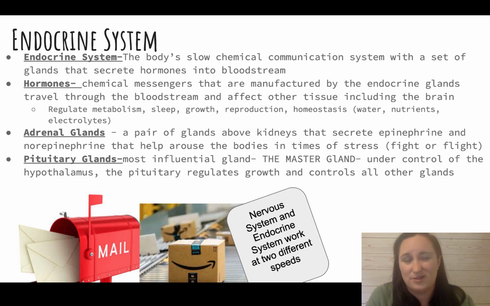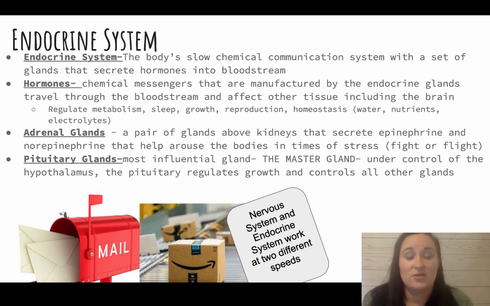I'm going to go over what you should know. So these do a whole bunch of different things. They regulate our energy levels, our metabolism, our sleep, growth, reproduction, water, so basic homeostasis like water, nutrients, electrolytes, all that good stuff. And so two that you really should know because they're important for what we've been talking about are the adrenal